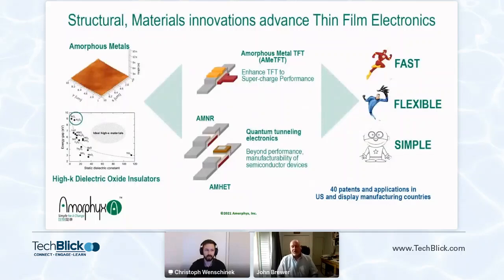Amorphyx accomplished this revolution in thin film electronics by starting with first principles. How do thin film